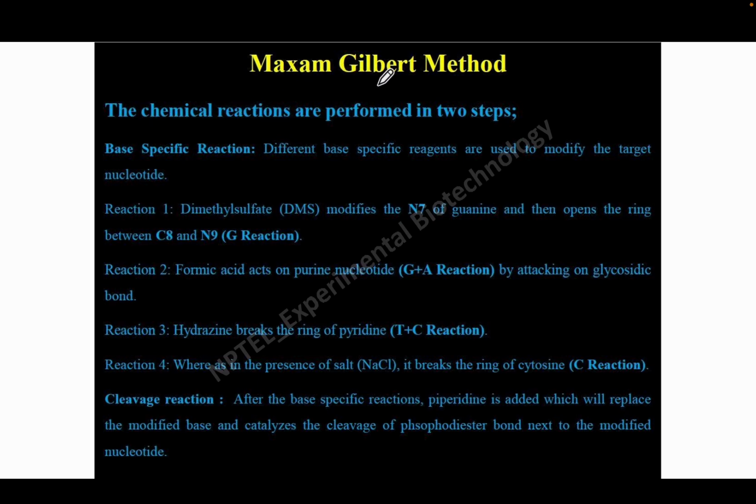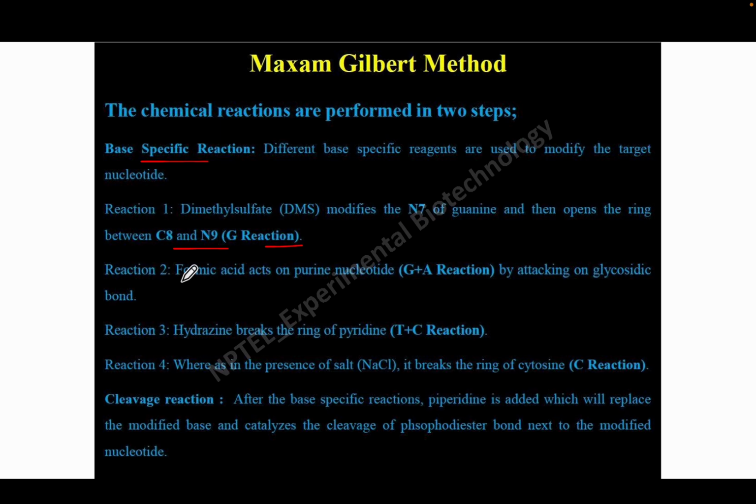So let us discuss the Maxam-Gilbert method. The chemical reactions are performed in two steps. Base-specific reaction. Different base-specific reagents are used to modify the target nucleotide. Reaction 1. Dimethyl sulfate modifies the N7 of guanine and then opens the ring between C8 and N9, which is